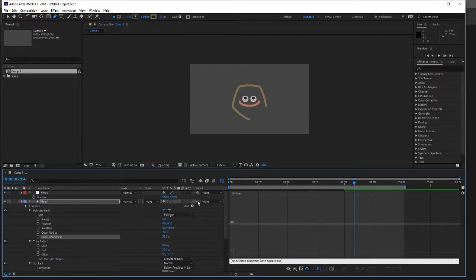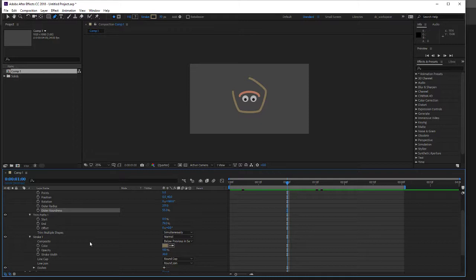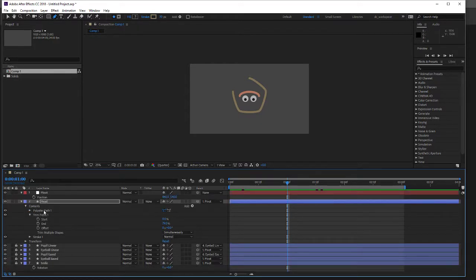So now, what do I want to do? First of all, I want to parent this to my pivot so that it spins, right? And what I want to happen is for this to draw on as the rotation animation is happening. So I'm going to set a keyframe down here for my trim paths, I'll close this stuff up so you can see it. I have my start, my trim paths, then my stroke, and at this point I want the stroke to be totally off, right? So I'll set a keyframe there,